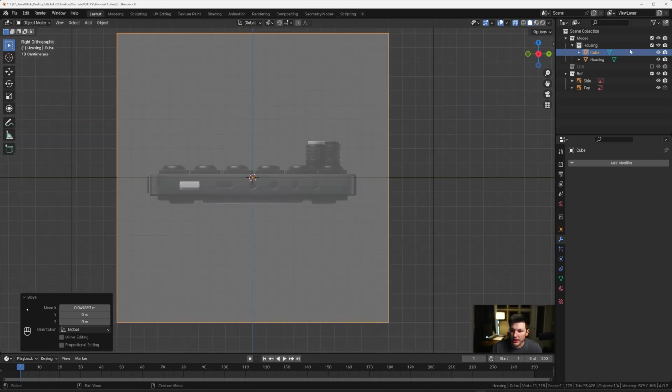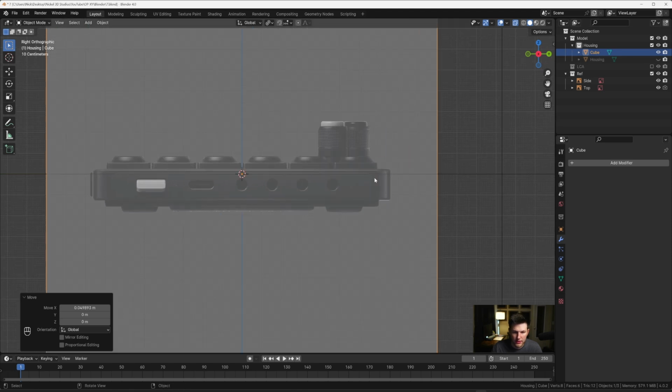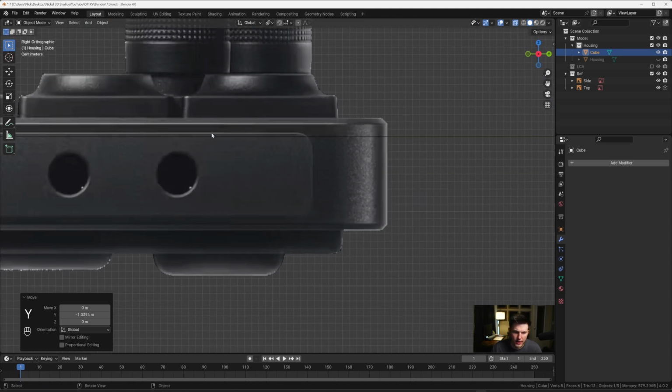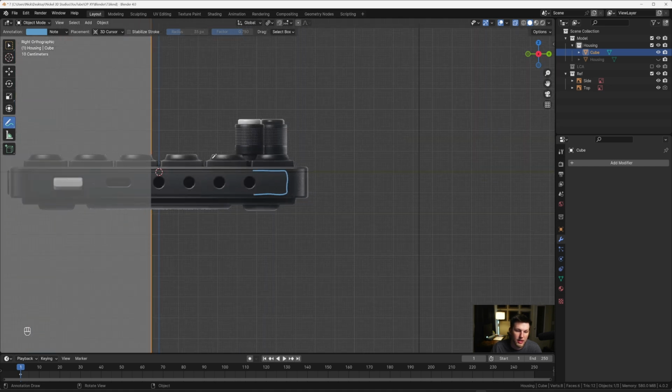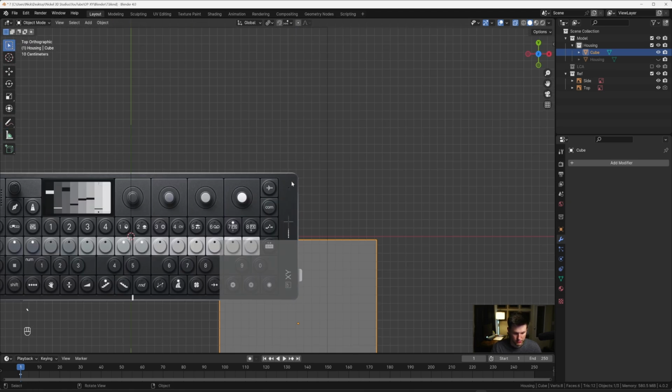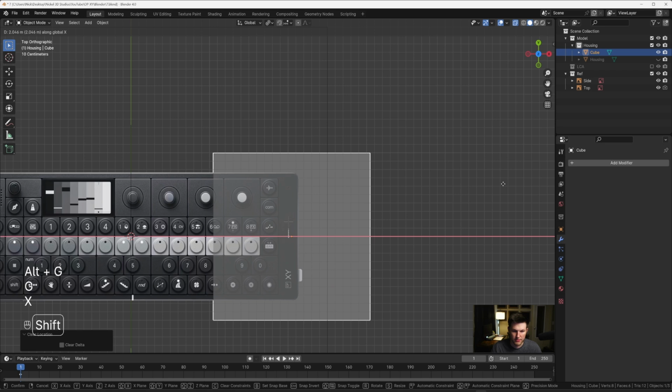And now what I want to do is I'm going to leave the housing part hidden, and I'm basically trying to line it up to this gray thing right here. I'm going to use the draw tool so you can see. In the images, you'll basically see something like this. So basically what I want to do is make this shape that we're going to cut into it. So I'm going to just erase that real quick. Okay. So let's put that back with Alt G, then G X and bring that back over so